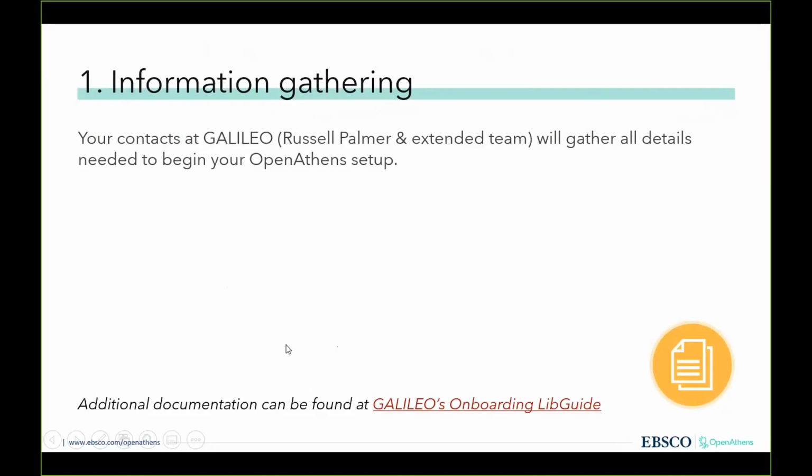You'll notice too, as we go through these slides, when you do get the slide deck, you will have a link to Galileo's onboarding LibGuide. You may already have that bookmarked. It's a fantastic resource. So if you don't already, I would recommend visiting it and bookmarking it for your reference in the future. It has helpful documentation, links to trainings that we've given previously, and lots of lessons learned from libraries who've already